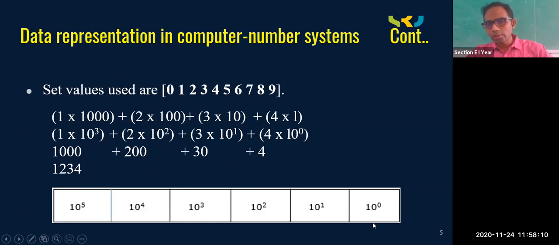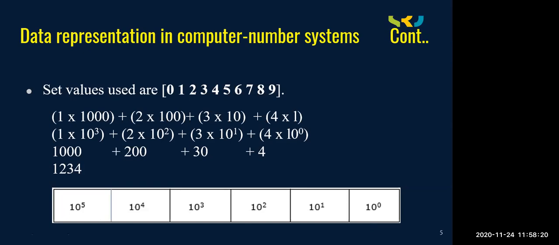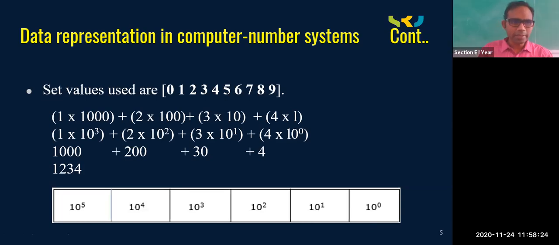So one methodology you are going to follow is 10 to the power of 0, 10 to the power of 1, 10 to the power of 2, and you are going to multiply with the digit. Any doubts here for the decimal number system? Everyone knows this concept, right? Units place, tens place, hundreds place, thousands place, and so on. We have taken 1, 2, 3, 4, and then it is performed in this fashion: 4 plus 30 plus 200 plus 1000, we are going to get 1, 2, 3, 4. Yeah, very good. Now let us go to the next one.